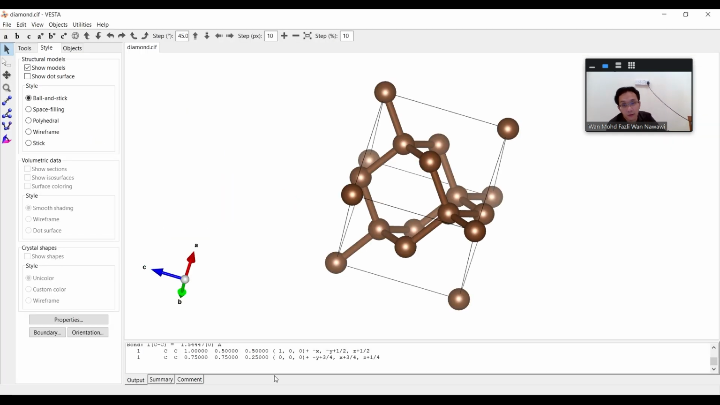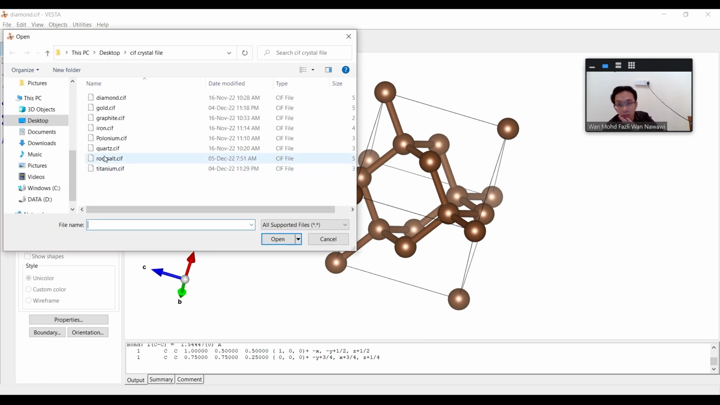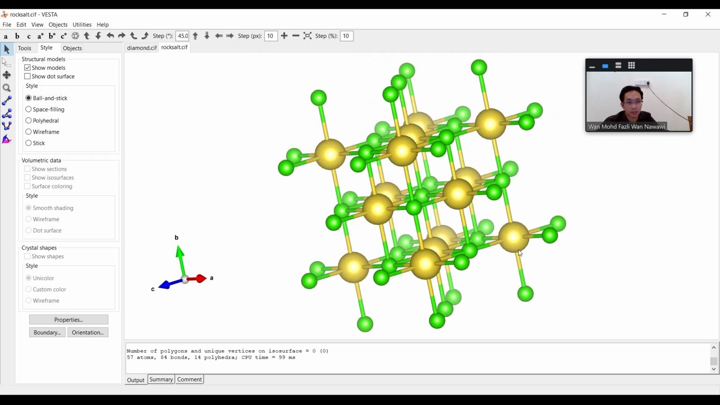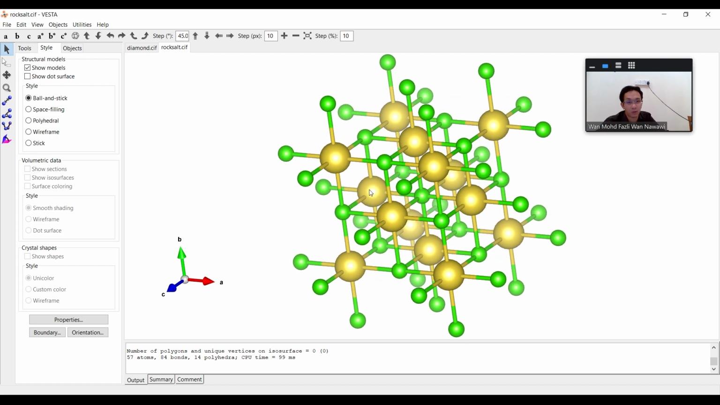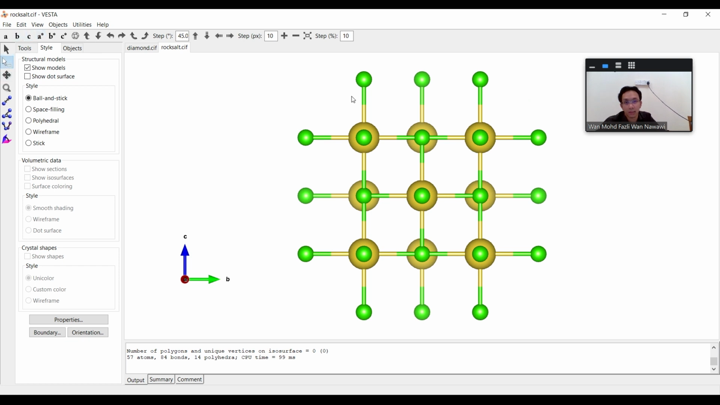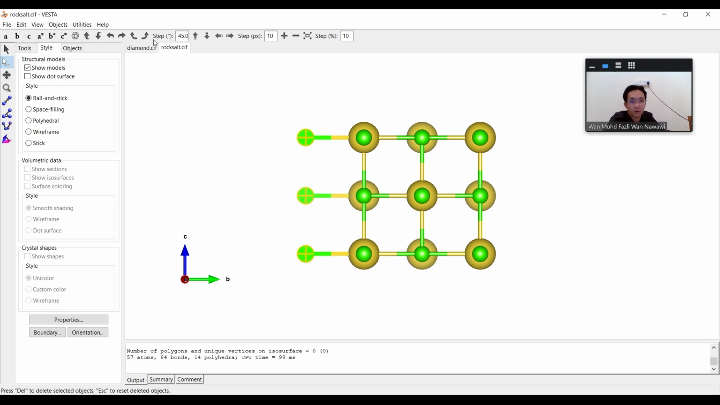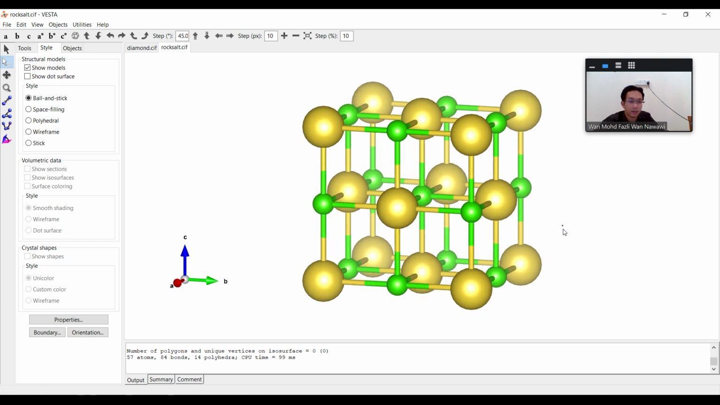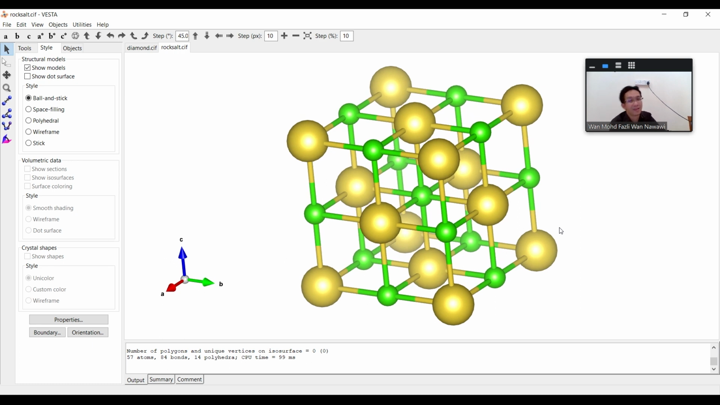So if I go and open the rock salt, you get something like this. Let me remove the extra, because we want the cube only. So let me remove the extra plane. I take this and remove this, and then remove this thing. Okay, and now you can see the structure for this salt is basically FCC